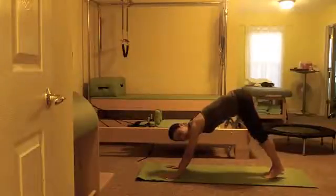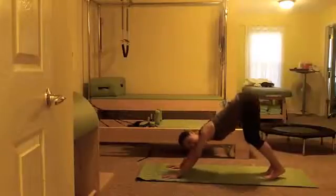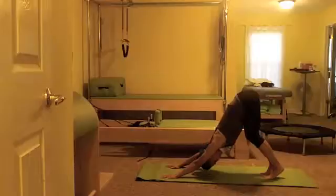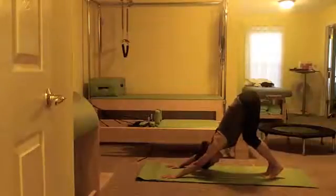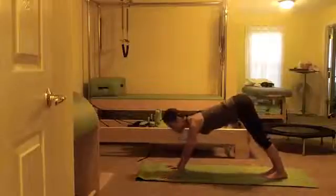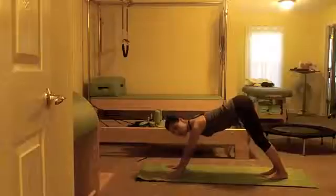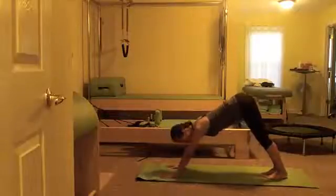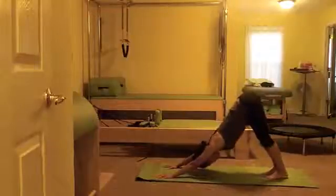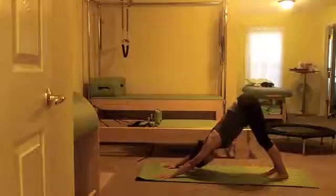But I recommend not using props and just trying to see if you can keep your heels up and get your arms stretched out, keeping the knees bent, and then keeping the legs straight, and being a little bit over your arms here, just like me, okay? Until you're able to go straight into the downward dog. And you're just going to hold here for 15 seconds,